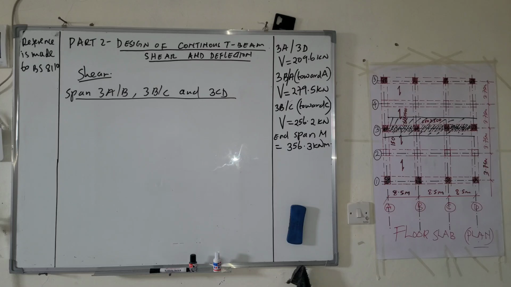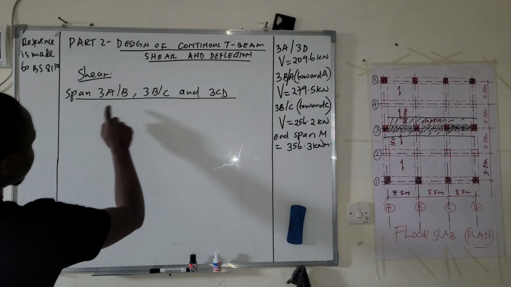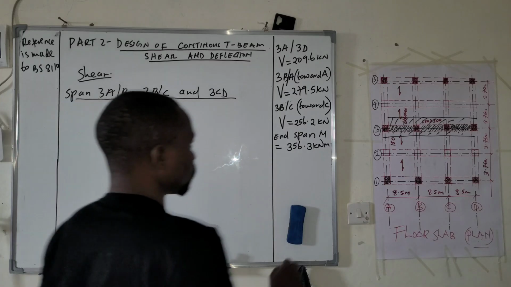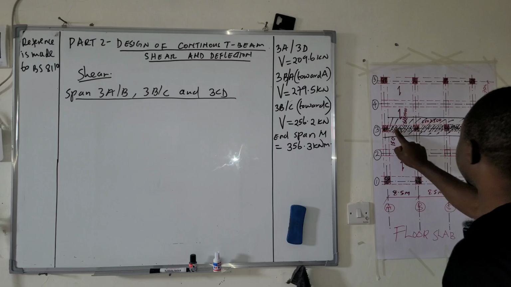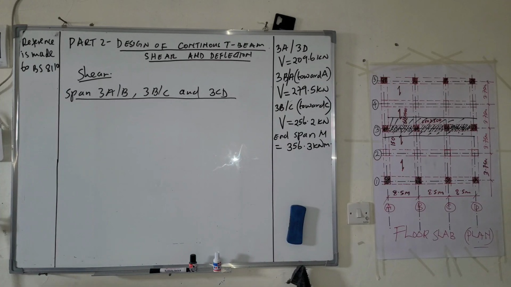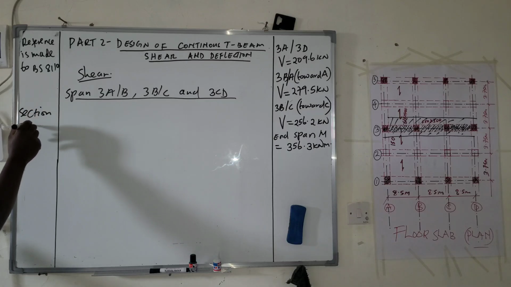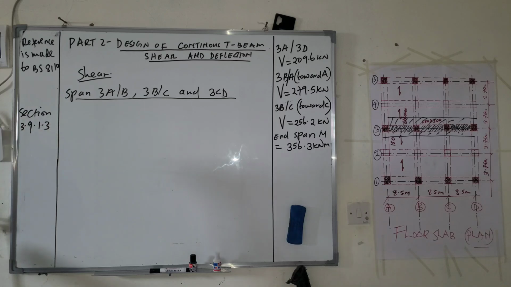Now we want to design the shear reinforcement in these 3 spans. So here, this span, this, and this. If you check in section 3.9.1.3 of BS 8110, in this section, it says that the amount